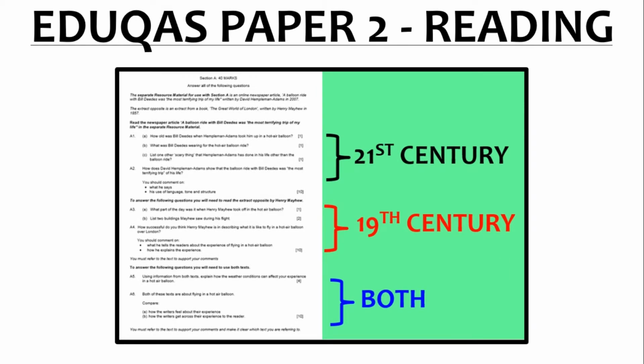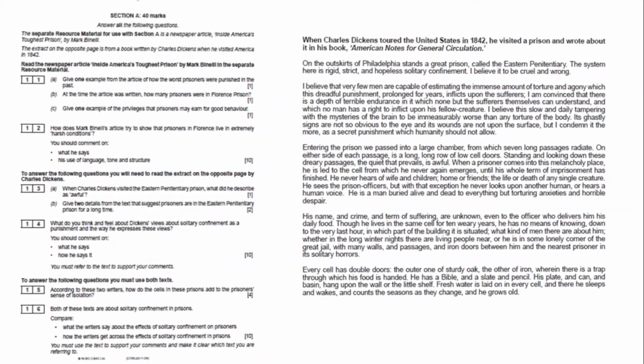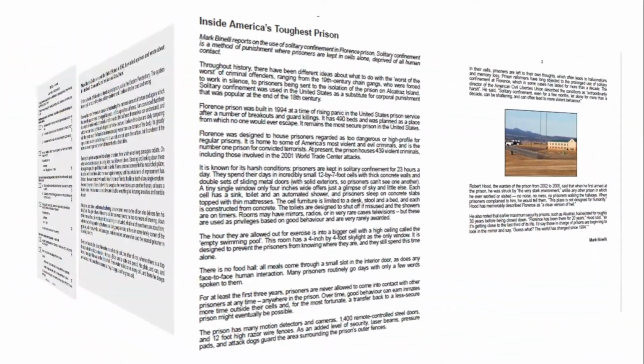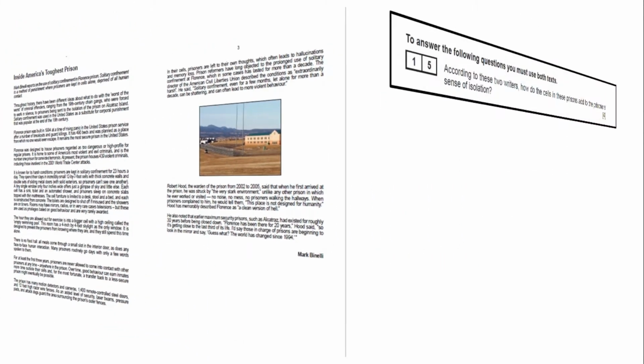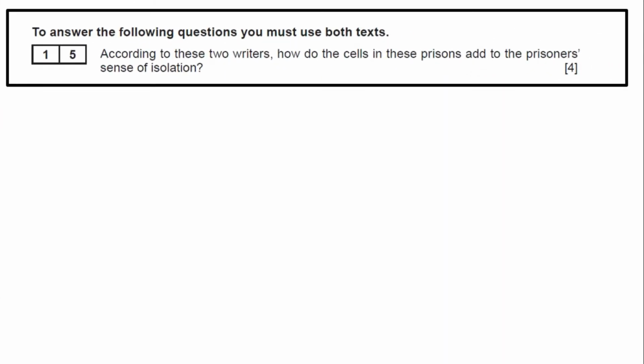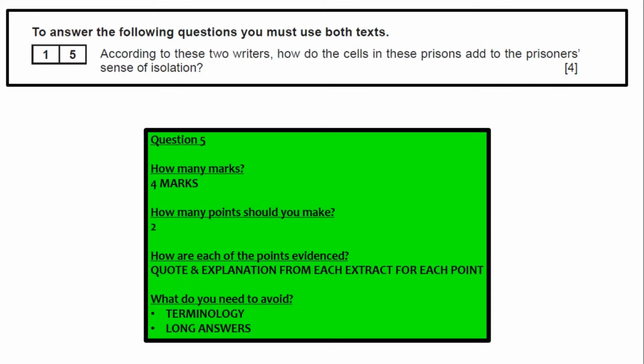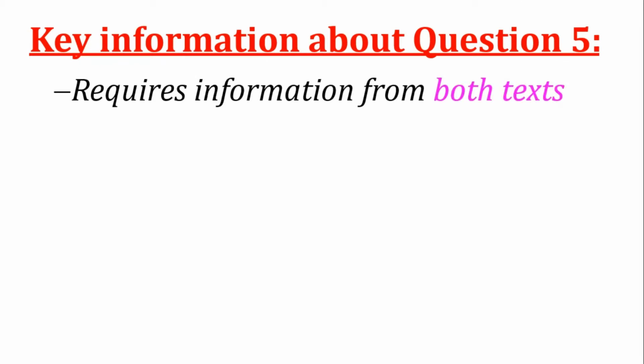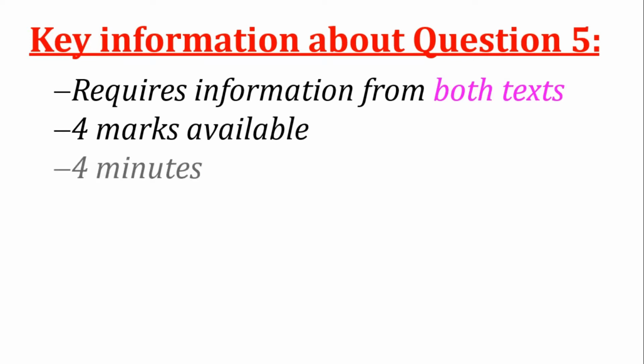Okay, so that's how the exam looks. There are 2 texts in the exam, and you'll be asked question 5 to talk about both. The question is, according to these 2 writers, how do the cells in the prison add to the prisoner's sense of feeling alone or sense of isolation? The key things about question 5 is it requires information from both texts, 4 marks available, so you should be